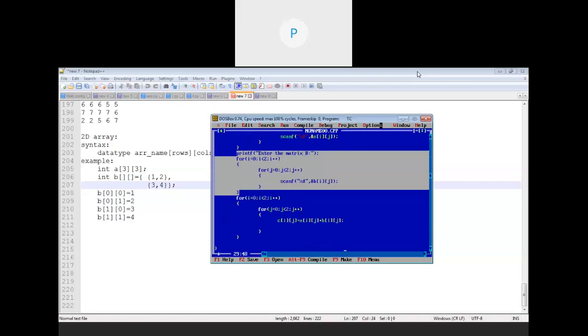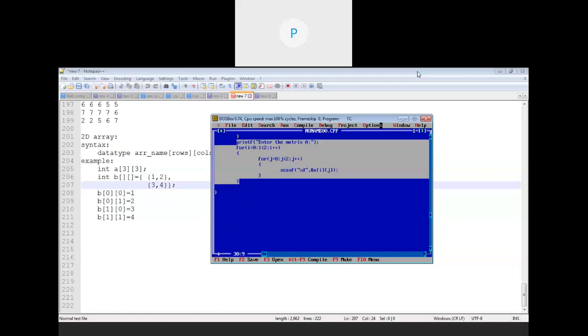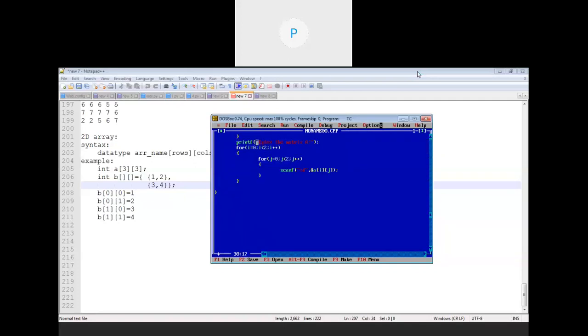Done. By using this for loop, the addition of matrices will be performed. Like C of 0 0 equals A of 0 0 plus B of 0 0. Similarly, C of 0 1 equals A of 0 1 plus B of 0 1. Likewise. And once the addition of matrices is performed, you just have to display the addition matrix, which is C.